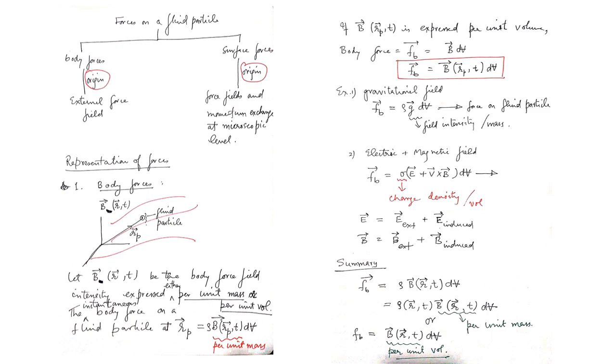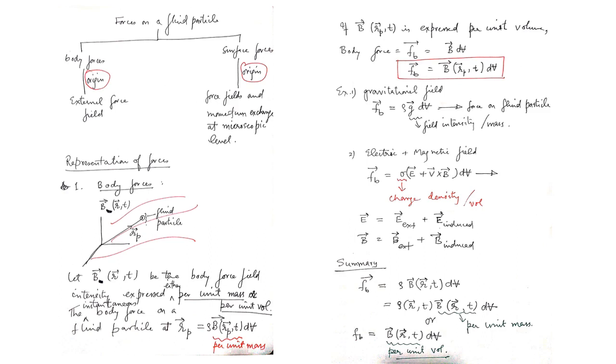It is charge times E plus V cross B. We know this from elementary physics courses dealing with electromagnetics. Okay, so sigma and dV, the product, is essentially giving me the charge of a certain fluid particle which is at some location and at some instant of time. So body force acting on that particle will be sigma dV, of course deliberately written on the extreme right, and sigma multiplied by E plus V cross B.